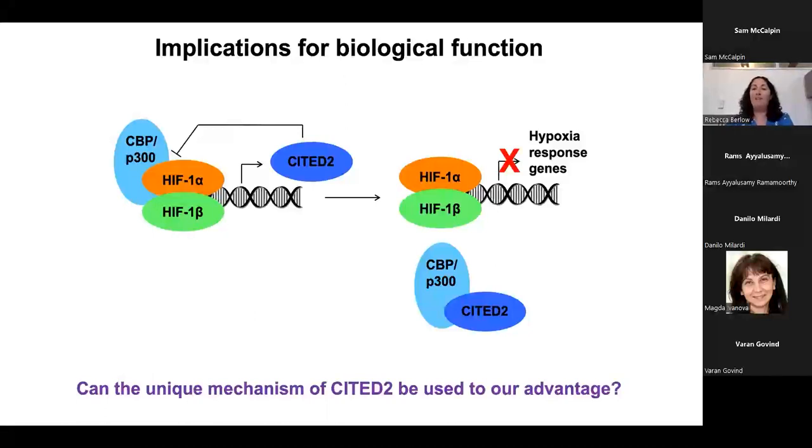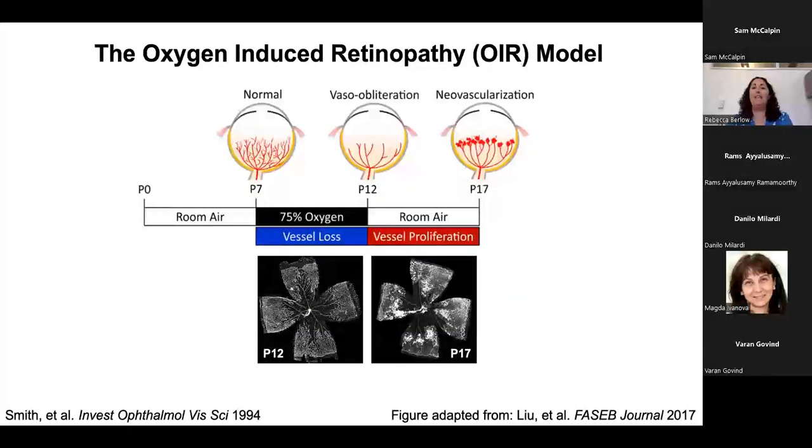And so we were really fortunate to be able to start a collaboration that's still ongoing with our colleague Marty Friedlander at the Scripps Research and his postdoc Ayumi Ouchi, who allowed us to explore using different animal models for understanding the role of the CITED2 peptide in modulating HIF activity in known ischemic retinopathies. While I don't have a lot of time to go into the details of this model, I'd be happy to answer any questions about it in the Q&A. What we've been able to do is use this common murine model called the oxygen-induced retinopathy model to characterize the ability of CITED2 to inhibit HIF-mediated transcription in vivo.